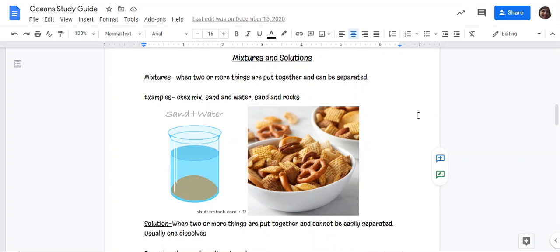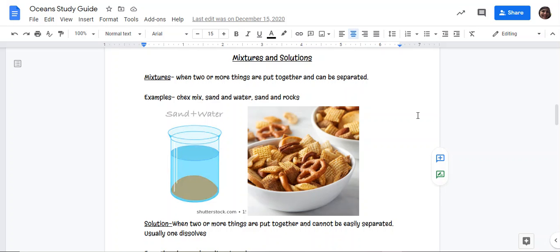Hi guys, this is a quick review of our oceans unit. Specifically, it's mixtures and solutions. The difference between the two is that a mixture is when you put two things